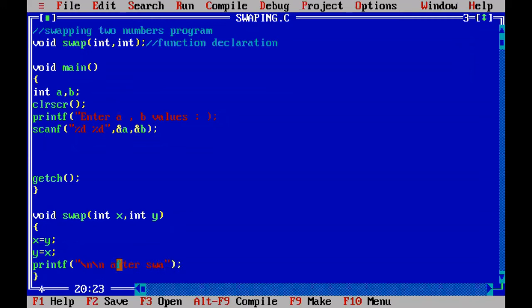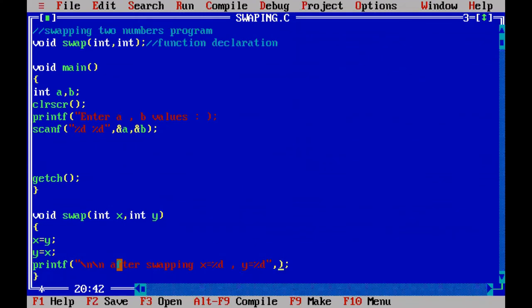After swapping, a equal to %d, comma b equal to %d, and replace the values. That means the x equal to here, a means x, here y equal to %d.